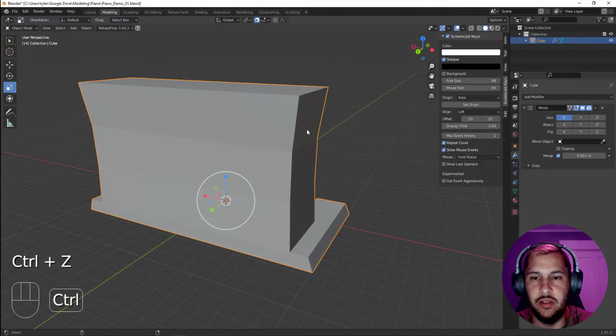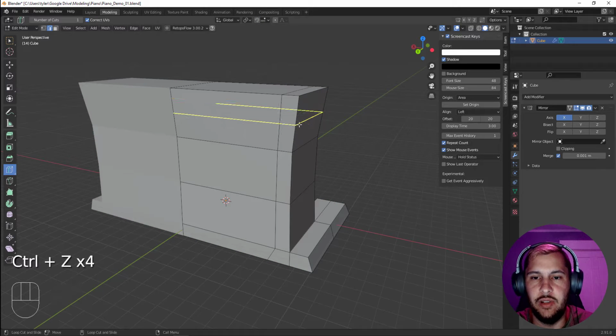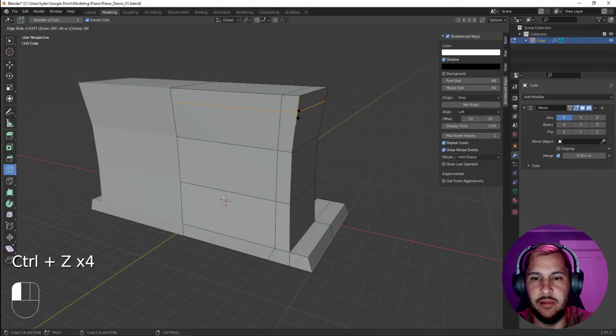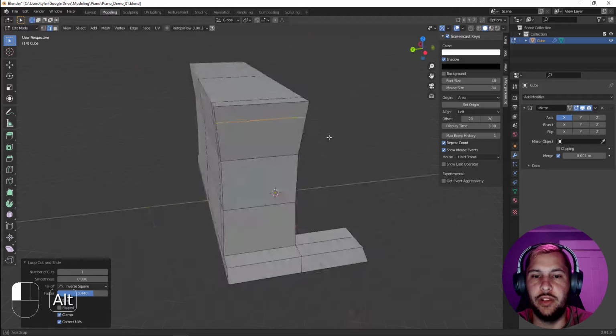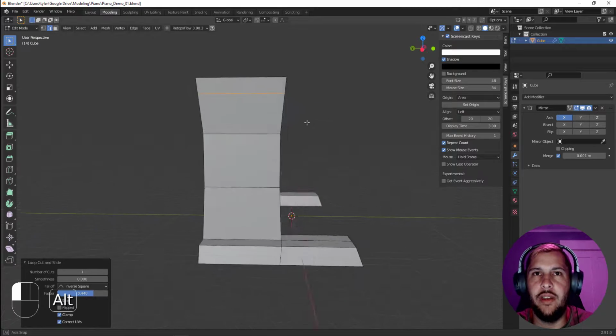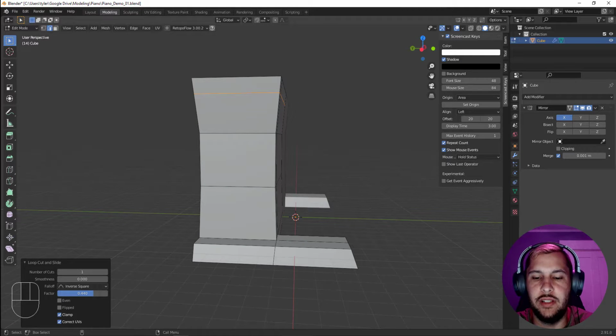Let me undo that. I'm going to make this somewhat square right in this area here. I want this to be kind of squared there. That looks pretty good. One other thing I noticed is if I'm looking at my reference, which in this